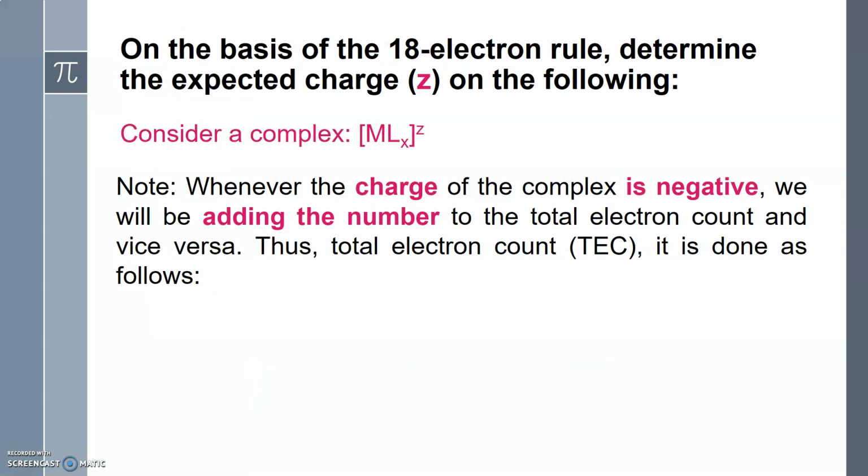Now, on the basis of the 18 electron rule, determine the expected charge, that is Z, on the following. How to solve such problems? The problem will be given in this format, M L x to the power Z. Note, whenever the charge of the complex is negative, we will be adding the number to the total electron count